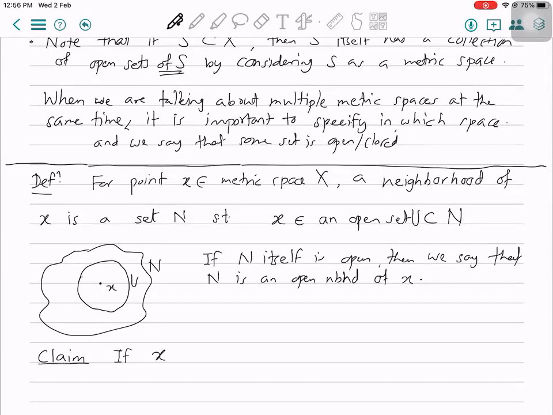Claim: if a point X is in some open set V in some metric space. Let me not even say that, because the word open for us always means that I have a metric space. So what happens then? There exists, let me write this, and I will then say such that